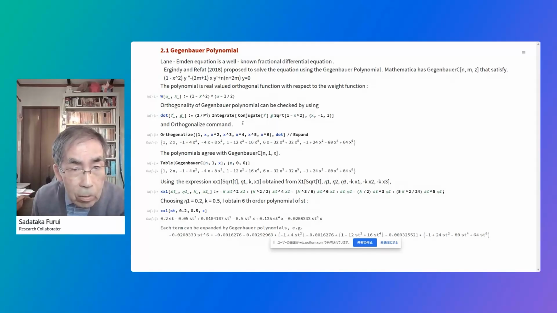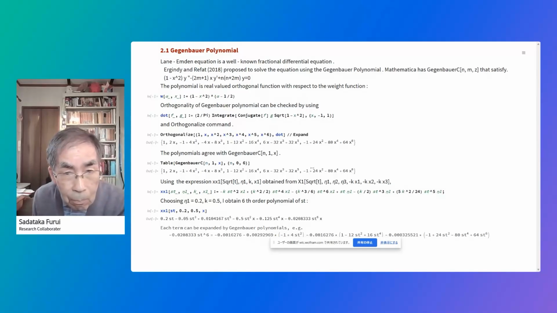which is to integrate conjugate of f and g and the weight function square root of 1 minus x squared, and the integral from -1 to 1. And orthogonality command 1 to x to the 6 dot command gives this table, and the polynomial agree with the Gegenbauer C, which exists in Mathematica, and table Gegenbauer C gives the